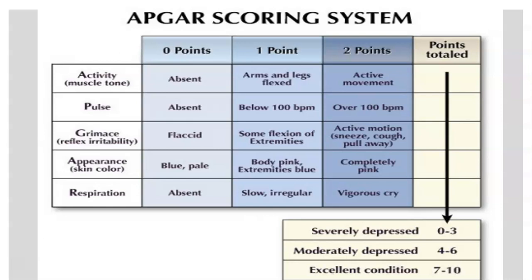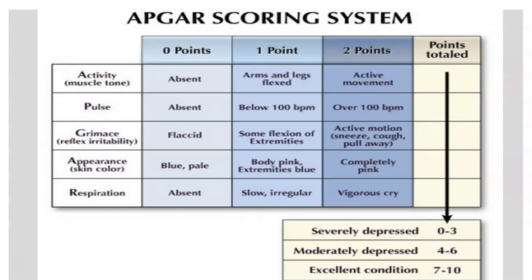Appearance is based on their skin color. So this is oftentimes where babies lose a point. It's not uncommon for babies to get a full Apgar of 10, especially at that 1 minute time period, and this is usually where they lose that point. So if they have what's called central cyanosis, meaning their face, their head, their lips, their chest are blue, that is where they get that 0 points. Central cyanosis. If they're pale or blue, if there is an indication of hypoxia.